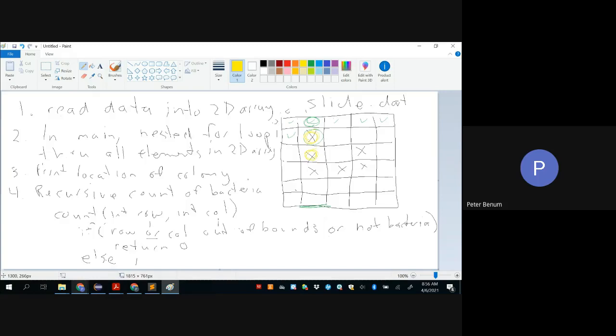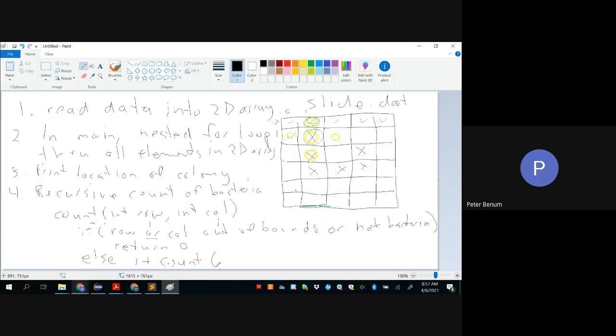And then we're going to go to the right and to the left, and we're going to go up. So we're going to check all those locations around it recursively. We don't know what's there, and we don't care right now. The recursive call will check for us, right? So we just say 1, because that's the one we're just on, plus a recursive call to our